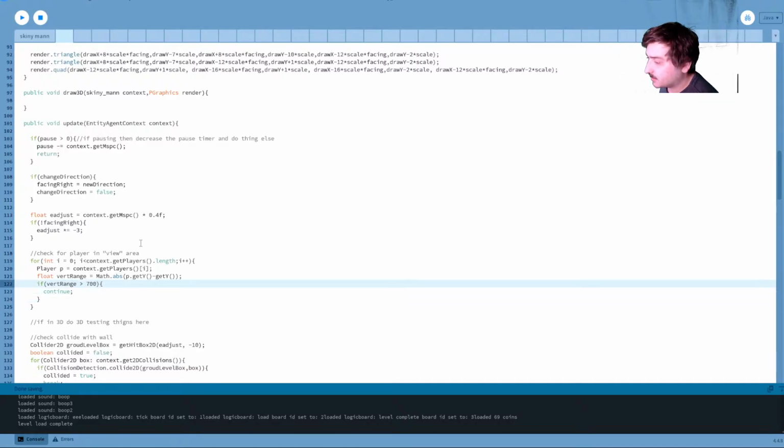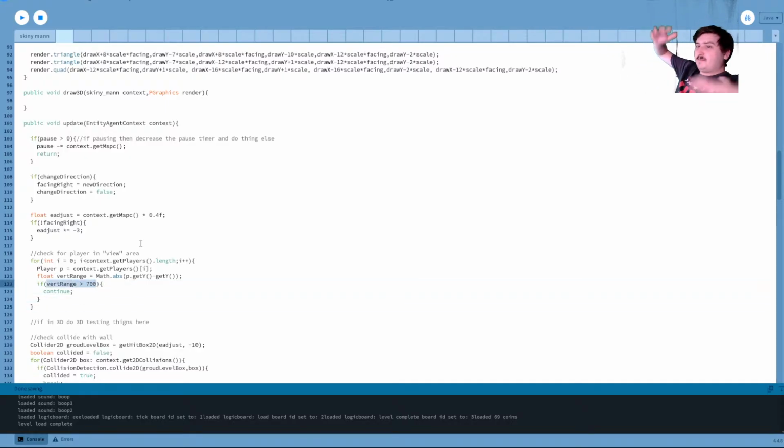So basically, if vertically the difference in height between the player and this entity, and this is just their positions, which is arbitrary to be clear. For the player, it's the bottom center of the hitbox, and for this entity, it's more or less the middle. It's a little bit below the middle, but more or less the middle. So if the distance between those is less than 700 vertically, we'll consider them within the detection range of the entity. Now for the horizontal check.